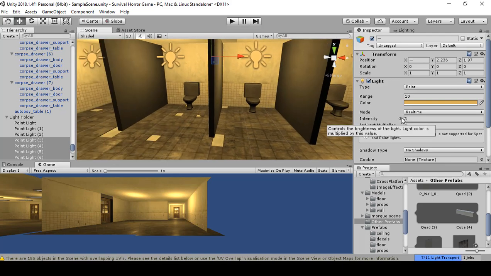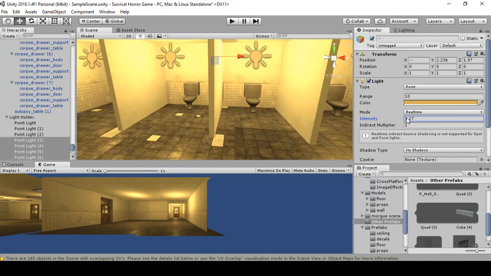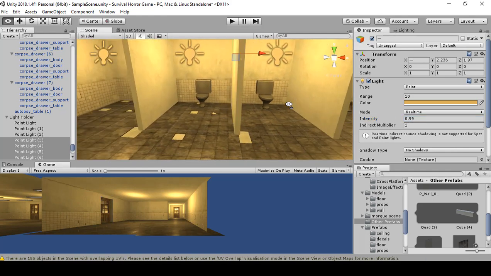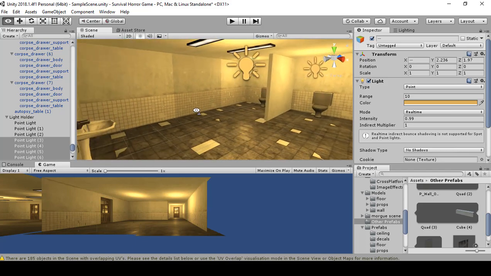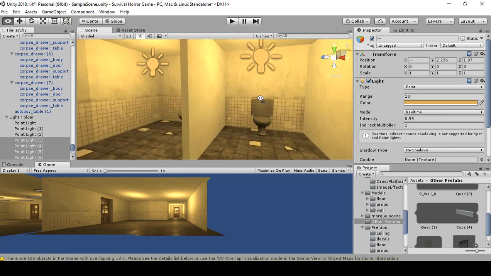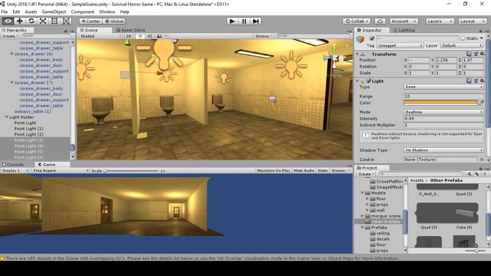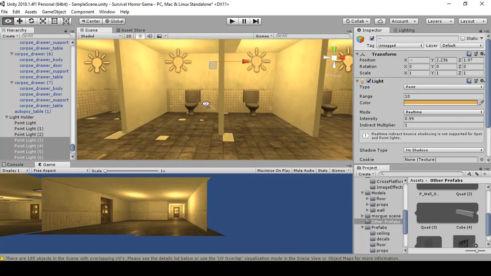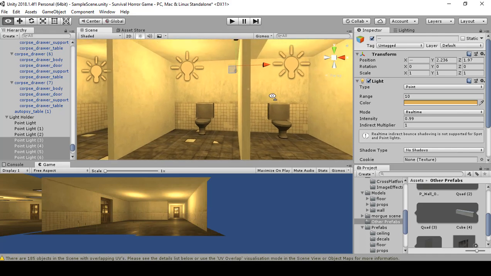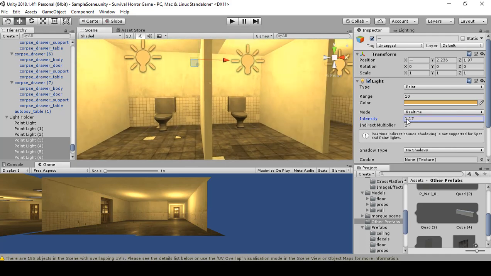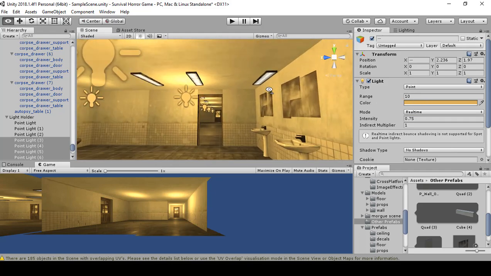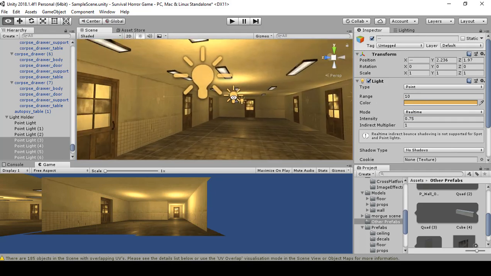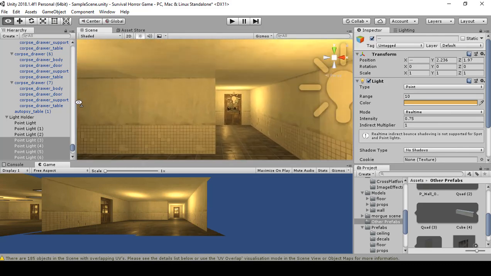Probably increase the intensity a little bit. See, as you see, it just added the lights to make it a little bit better once we turned those things to light map static. Let's see here. Actually, I might just dial it a little bit down instead. All right, so once all that is done and added to the scene for the lights,